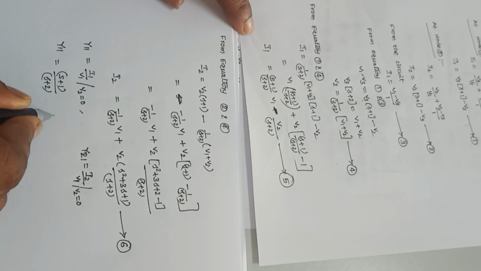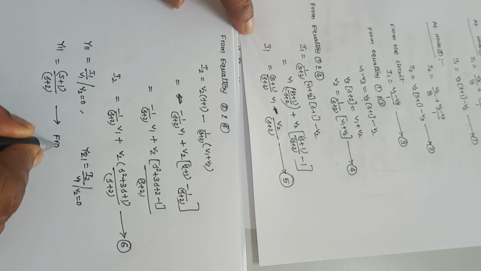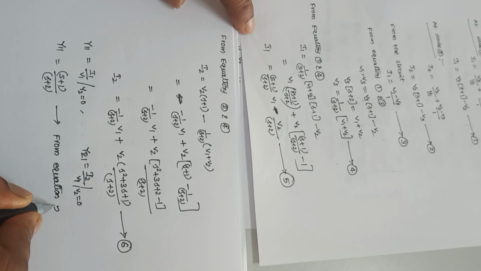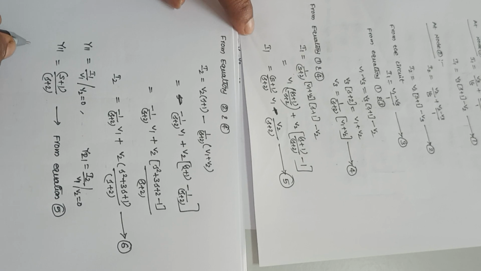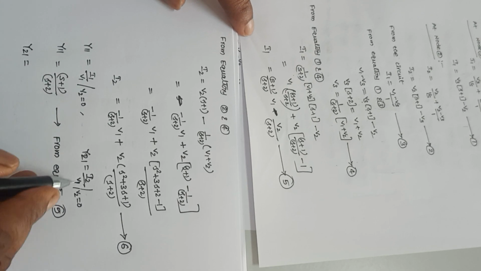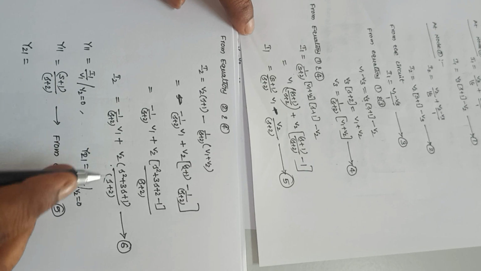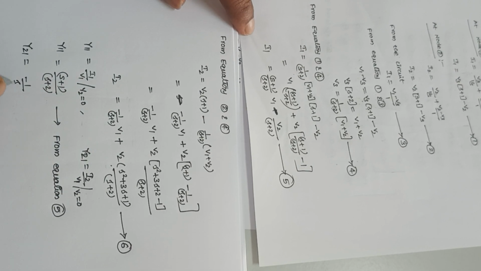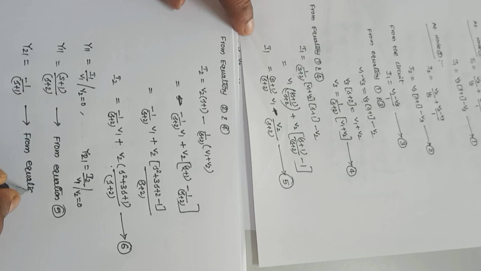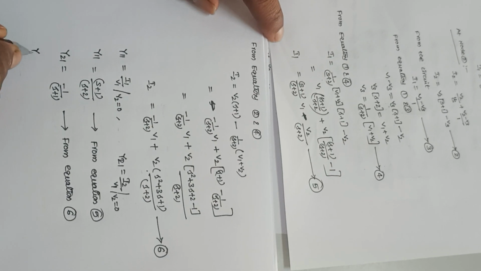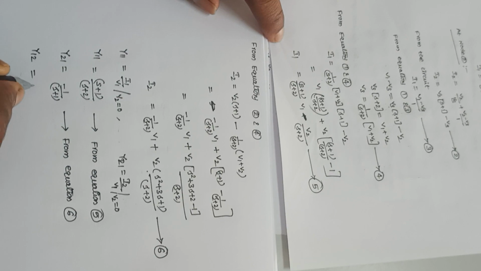It is Y11, from equation 5. Next, Y21 is equal to I2 by V1. I need to use this expression by making V2 equal to 0. It is minus 1 by S plus 2, from equation 6. Next, Y12 is equal to I1